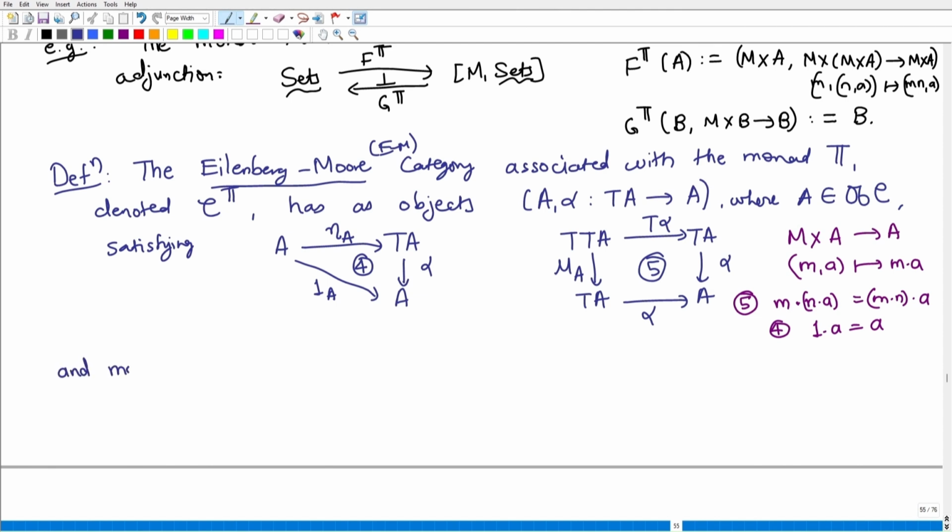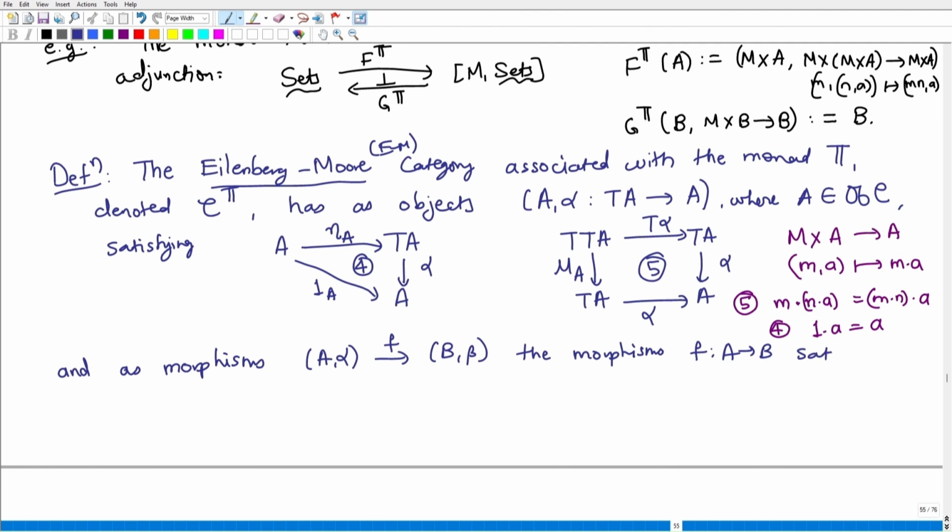As morphisms from (A, alpha) to (B, beta), the morphisms F from A to B satisfying the obvious diagram,